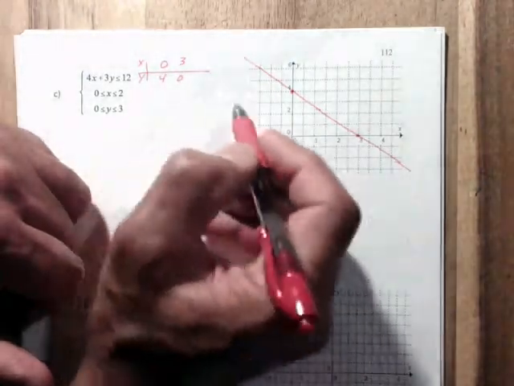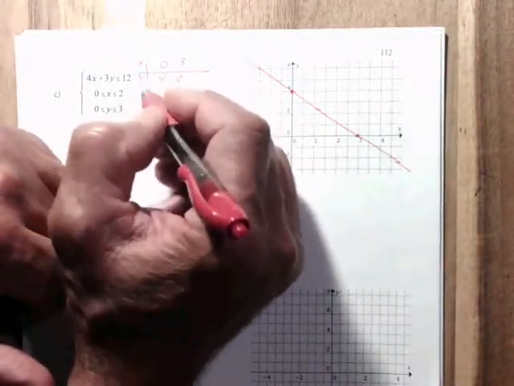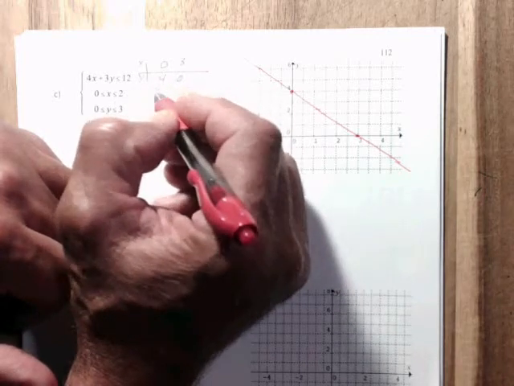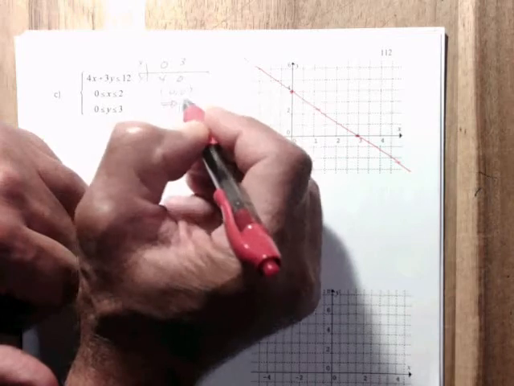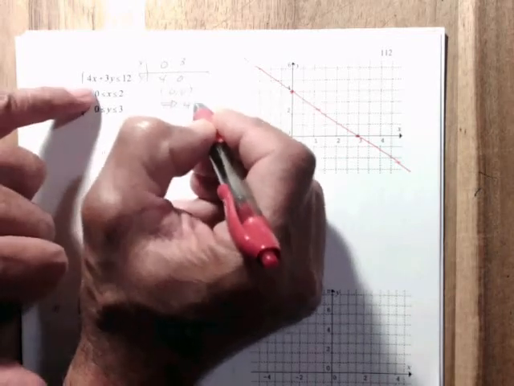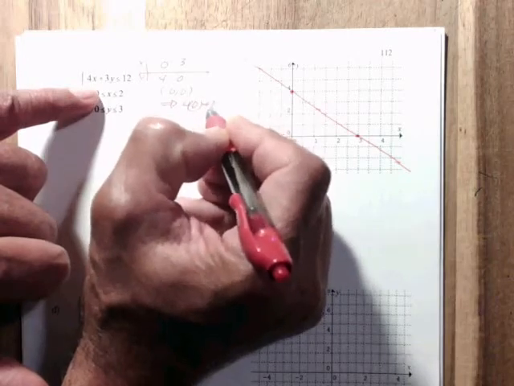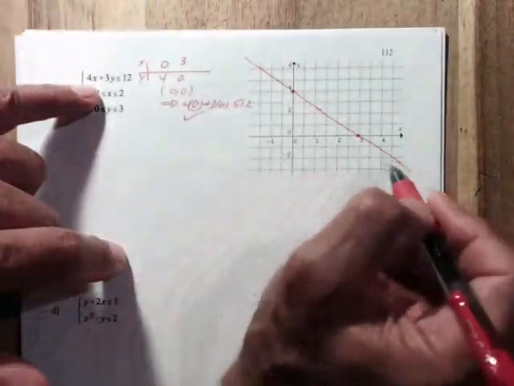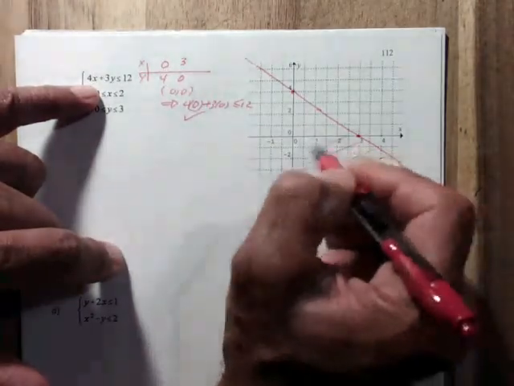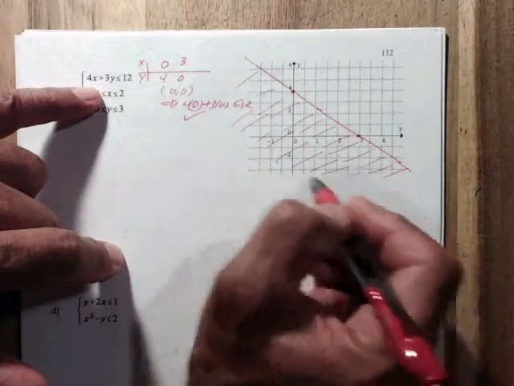And then it turns out that you want, let's see, test point 0, 0: 4 times 0 plus 3 times 0 less than or equal to 12, yes. So inside of this line,